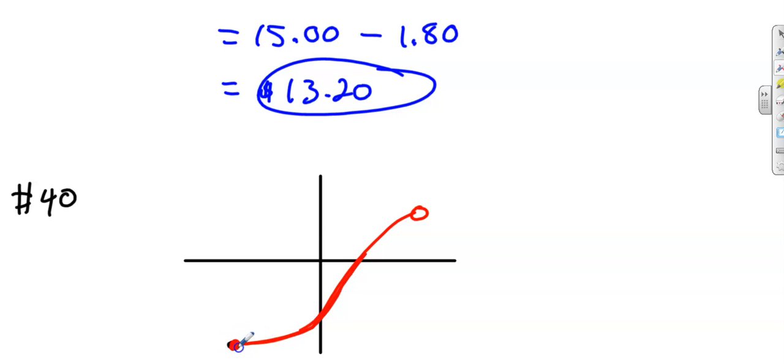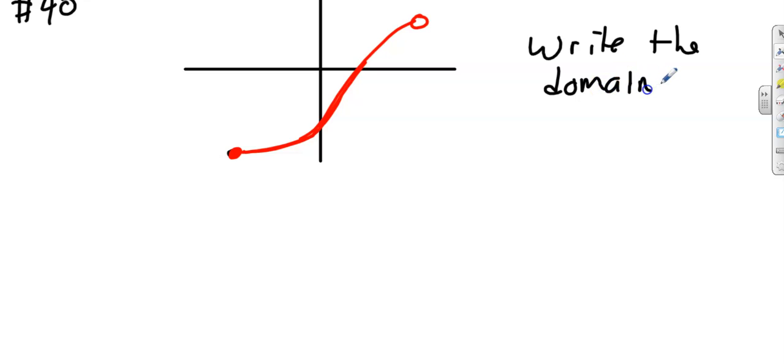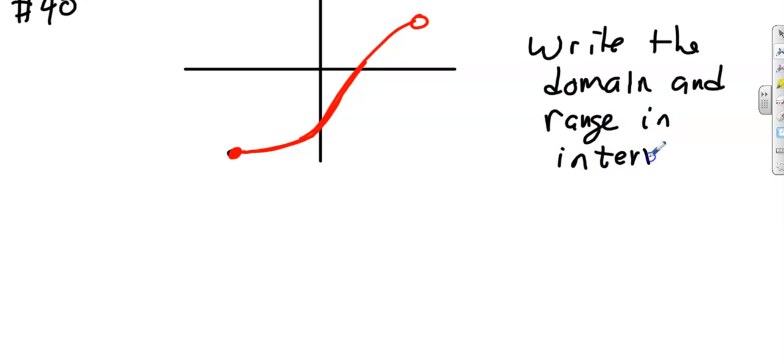You have a graph that's something like this, where you've got a definite beginning and ending point. And they're going to ask you to write the domain and range in interval notation. Okay, and this was one that we looked at last time because we talked about domain and range, and then